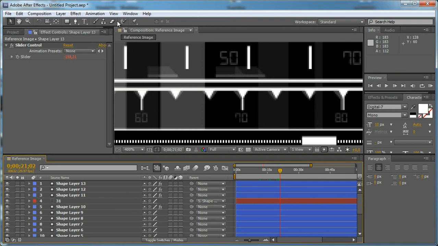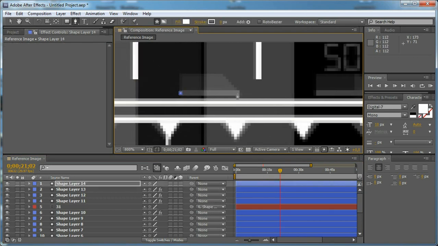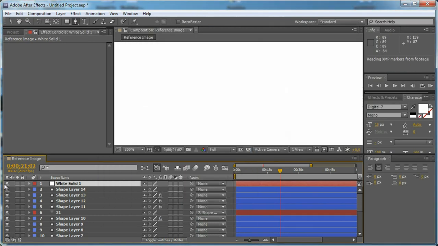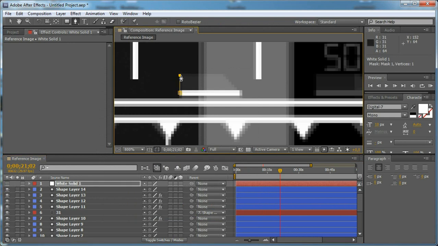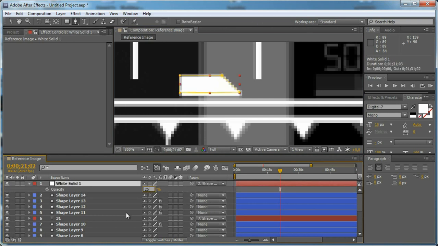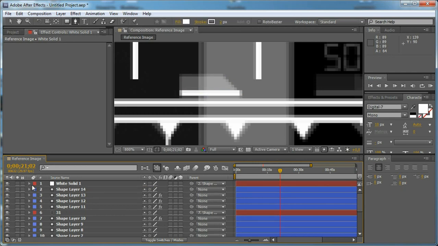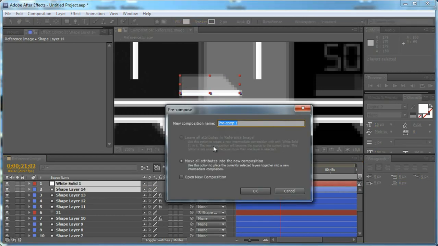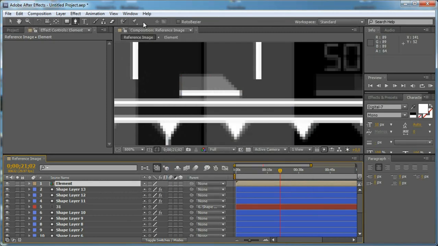I'm going to select the pen tool and just draw a straight line and set the stroke thickness to 2, and then basically I can create a new solid and turn it off and draw another shape just like so, and link it to the stroke, set the opacity to 25% as well, and we can duplicate pre-compose this element, and let's call it just element,